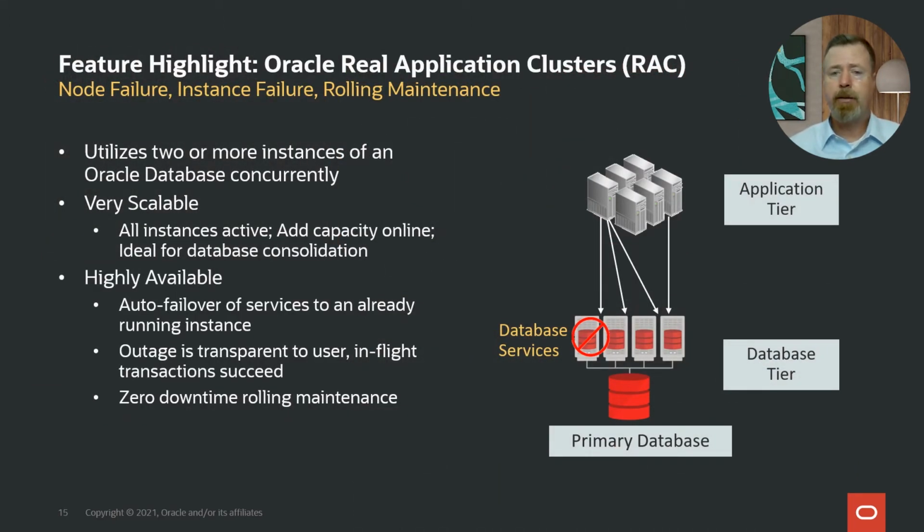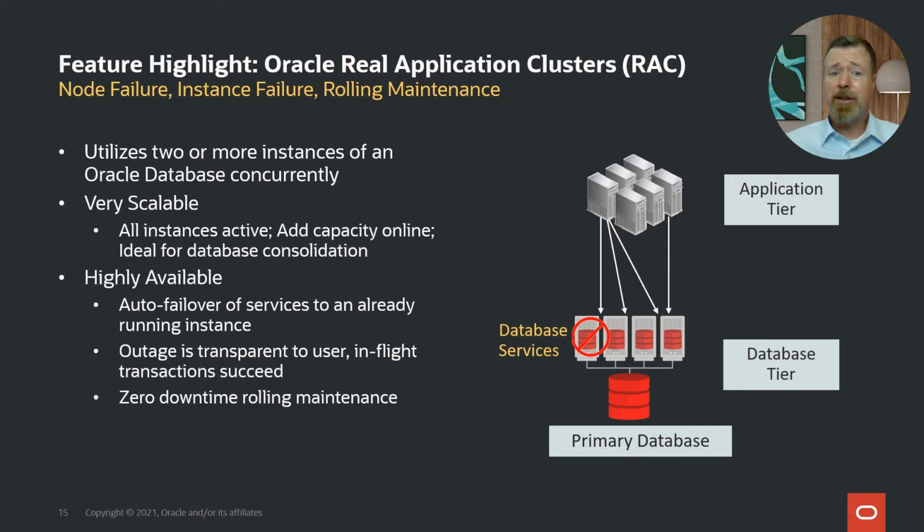RAC, as we said, is a clustering technology. You spread your nodes across the different servers, so you don't have a single point of failure. From a scalability and performance standpoint, you get a lot of benefit associated with that. You can add a new node whenever you want without experiencing any downtime, so you have that flexibility. If any type of outage occurs, all the committed transactions are going to be protected, and we'll move that session over to a new service. From that point, we also want to protect our in-flight transactions.